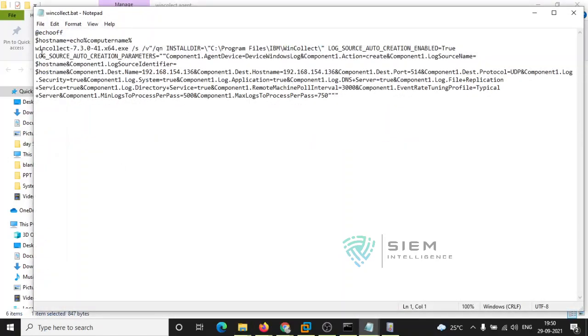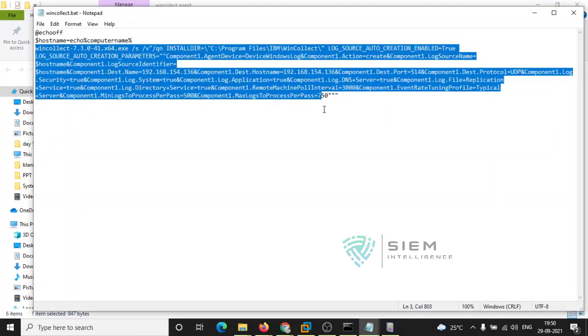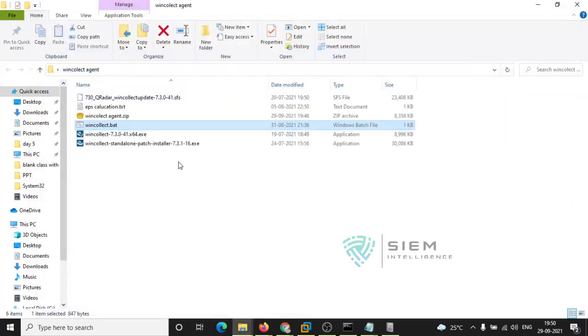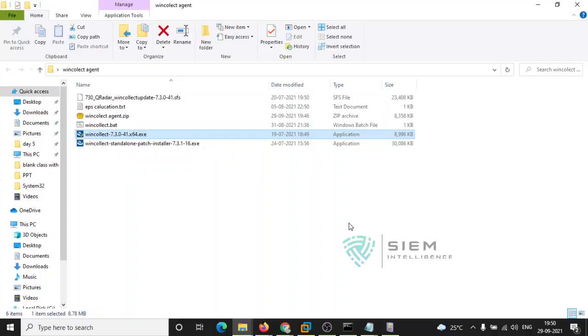This entire thing is a WinCollect installation command, so you can run it along with your exe file. These are the parameters you are giving. Whenever you are running this installer, you have to give some specifications, like this is an HR laptop, this is an identification.